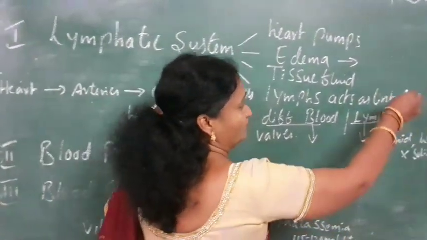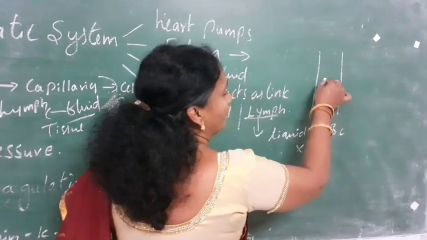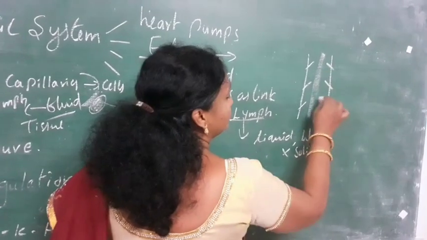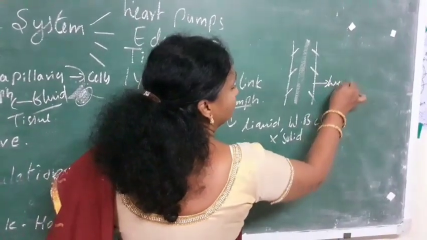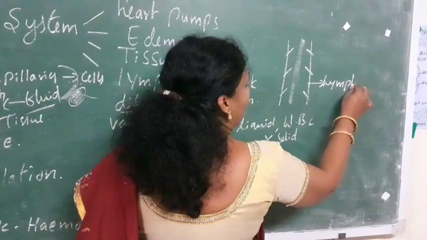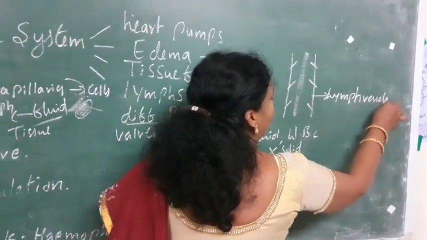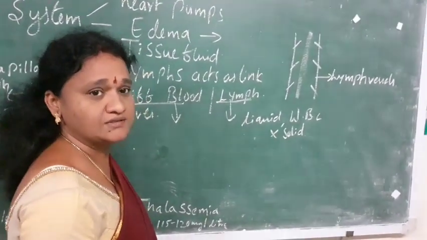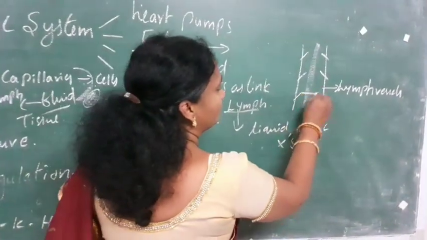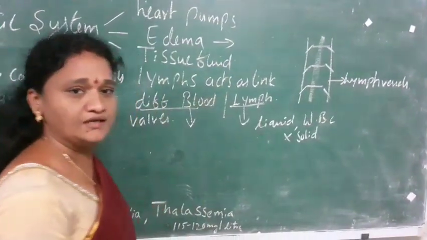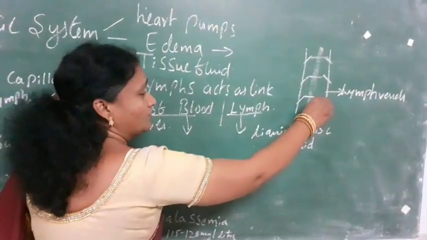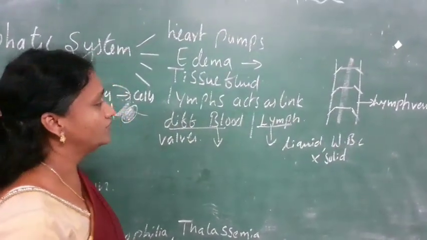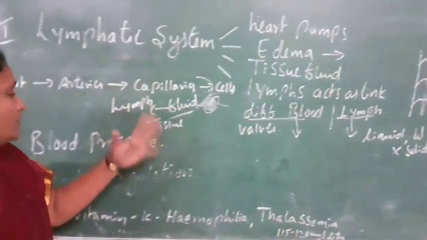Just like veins, the lymph also has walls. Lymph also has thin tiny structures, that is the lymph vessels. In the lymph vessels we observe walls. These walls prevent the backward flow of lymph. Let us take when the lymph is carried by the lymph vessels from the legs. If it wants to go back, immediately the walls close and do not allow the lymph to get back. So the walls are helpful. They are one-way walls, allowing the lymph to flow only in one direction. So that is about the lymphatic system, the most important system in our body.